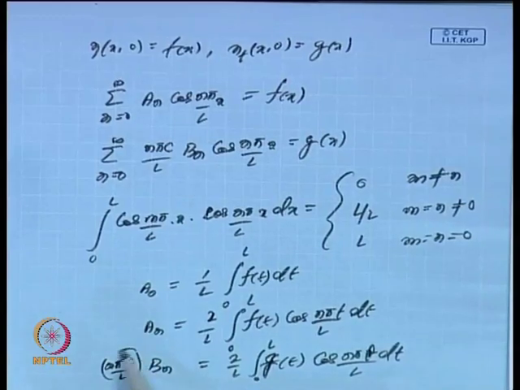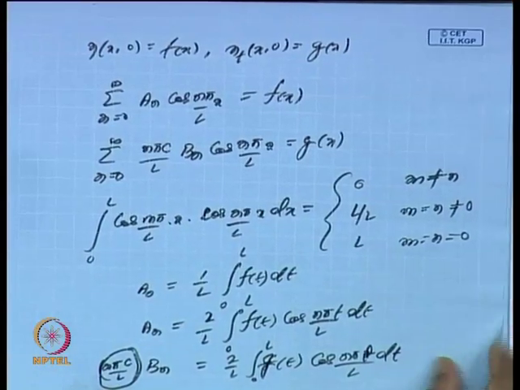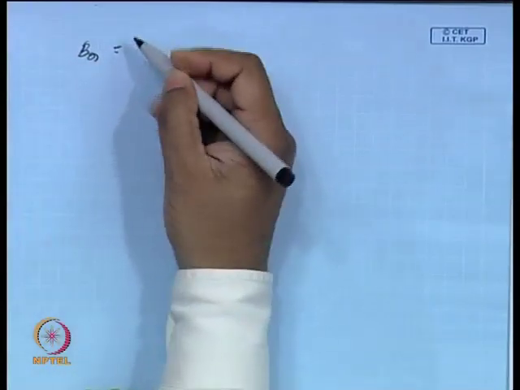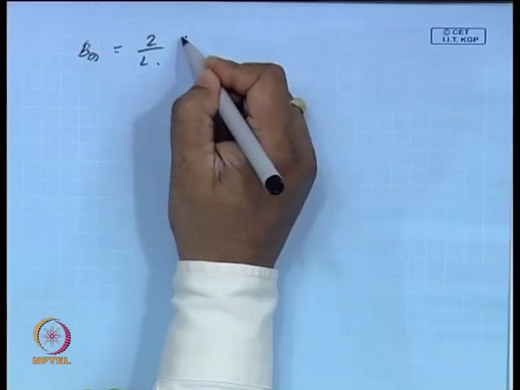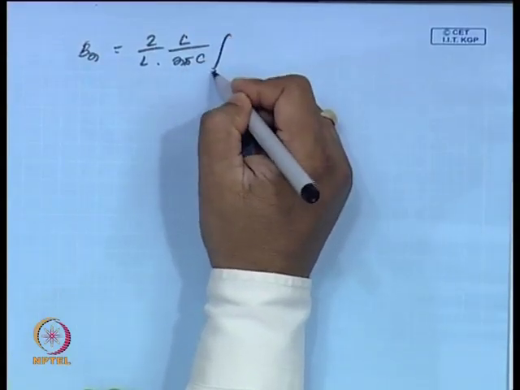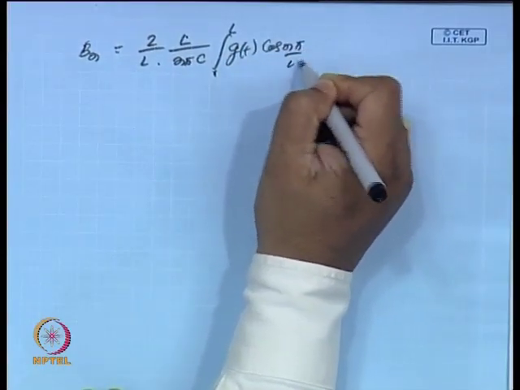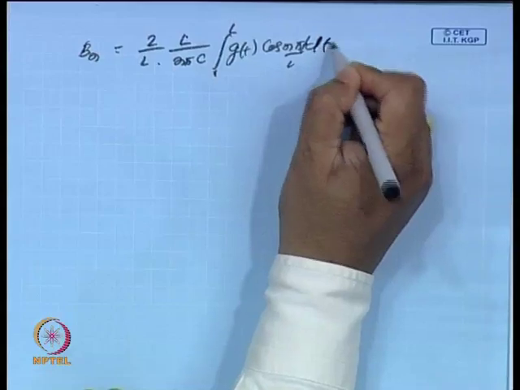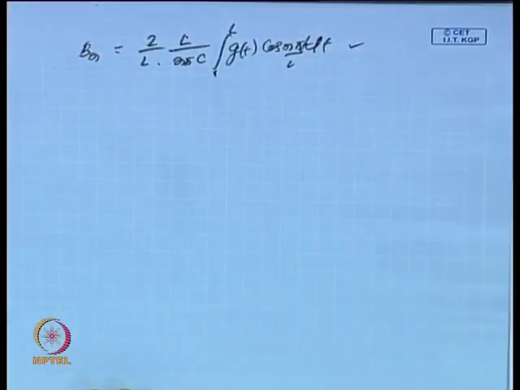So, if I have this factor, this n pi c by L, I can always bring it to the other side, and that will give me b_n is 2 by L into L by n pi c into integral 0 to L g(t) cos(n pi by L into t) dt. So, these are the a_n's and b_n's, and once I have these a_n, b_n's,